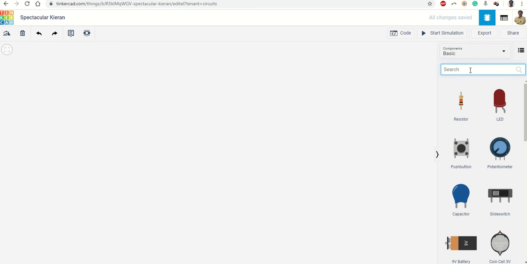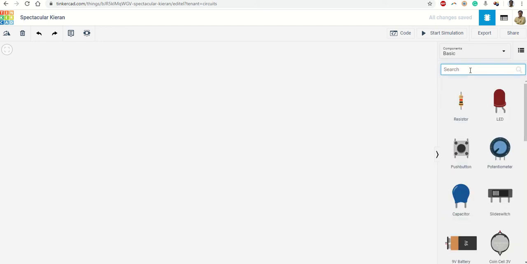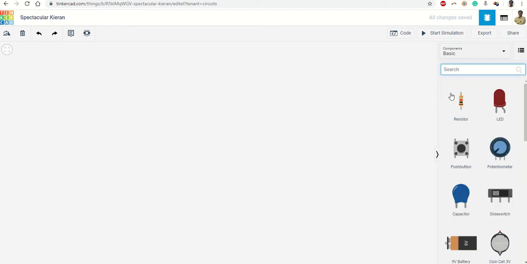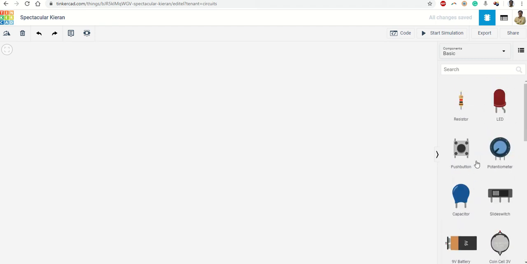So if I am searching for, let us say, ultrasonic sensor, I can get it here. If I am searching for photodiode, photoresistor, anything, I can get it here. And the commonly used sensors or circuits, they are always available. You can scroll down in this library.